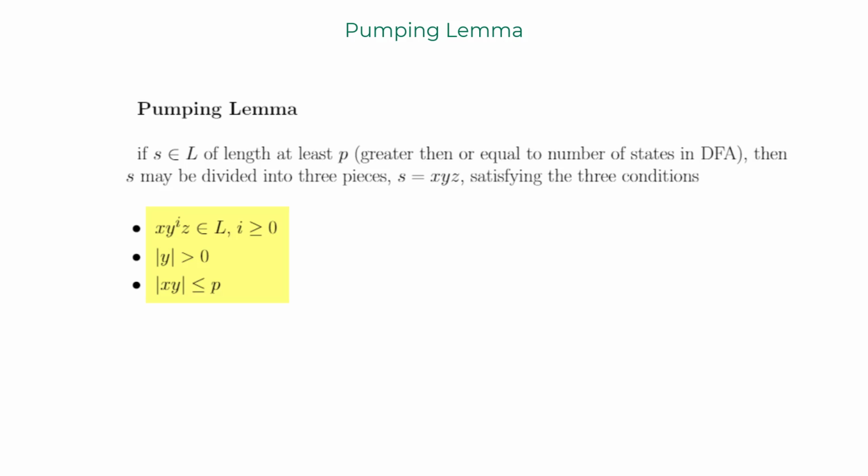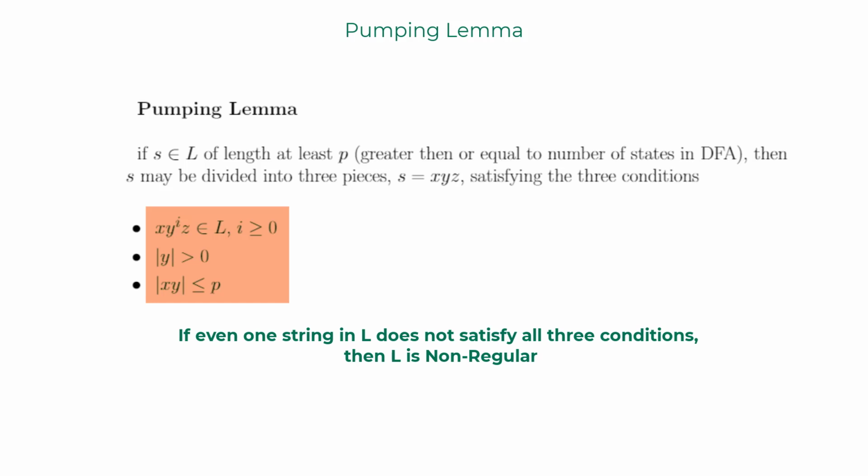Alright, here is the interesting part about the pumping lemma. The three conditions will be true for all strings accepted by the DFA. So to prove a language to be non-regular, we first assume it to be a regular language. If the language is non-regular, then it is likely that some of the strings will not satisfy all three conditions of the pumping lemma. That is where we arrive at a contradiction and confidently say the language contains a string which does not satisfy the three conditions together, hence it is a non-regular language.